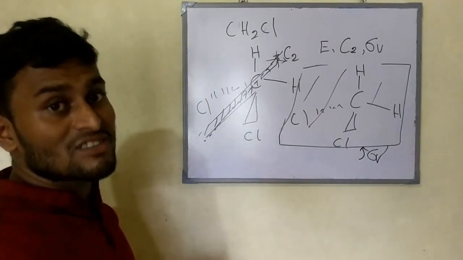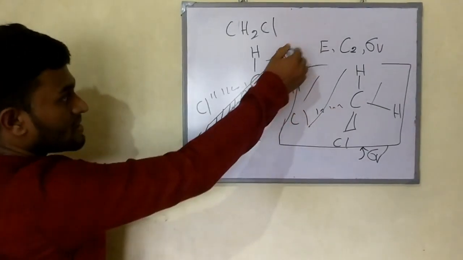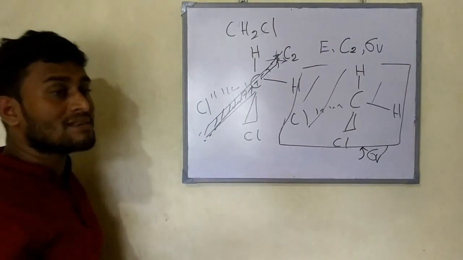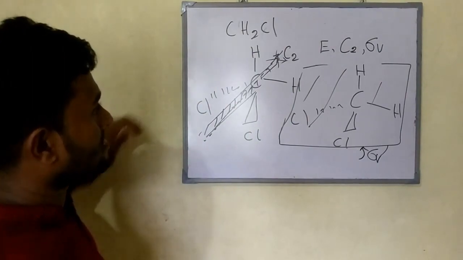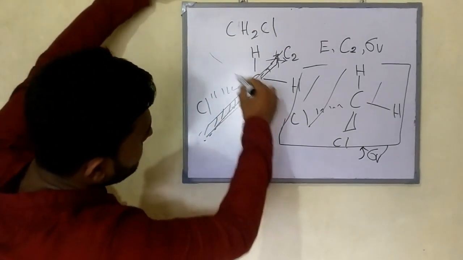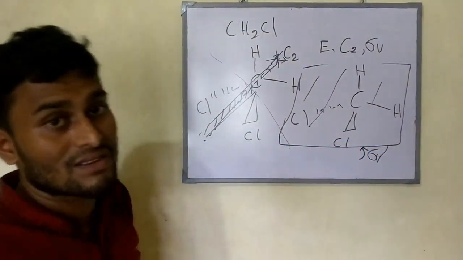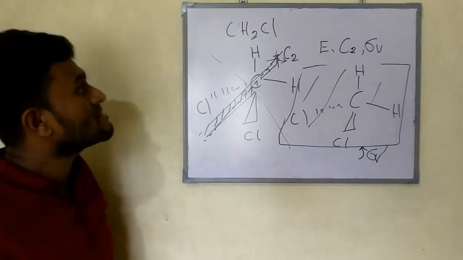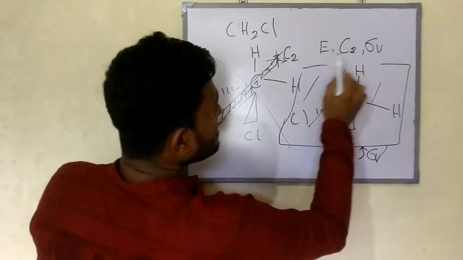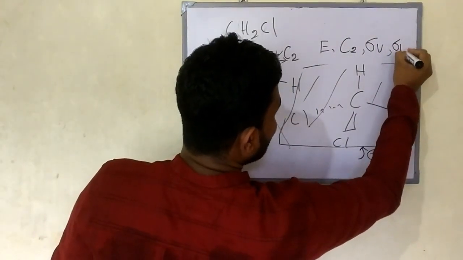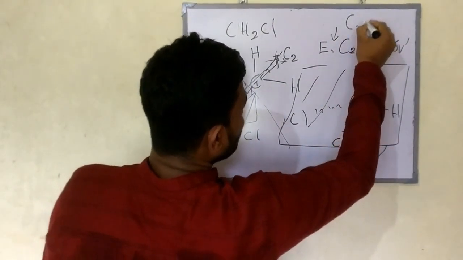The familiar example is the water molecule. But can you take sigma H? No, because the principal rotation axis is C2, and sigma H is always perpendicular to the principal rotation axis. So if you take a perpendicular plane, the resultant molecule, the configuration, will be different. So for CH2Cl2 the symmetry elements will be E, C2, sigma V and sigma V dash. So your Schoenflies symbol will be C2V.